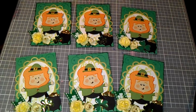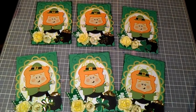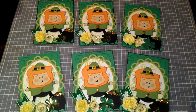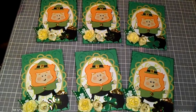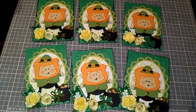The requirements were the ATCs are 2.5 by 3.5, and they must be all green. And we are mailing these out to her. And I hope mine qualify because I did use white and yellow other than my green. But